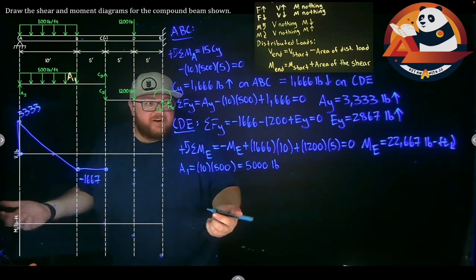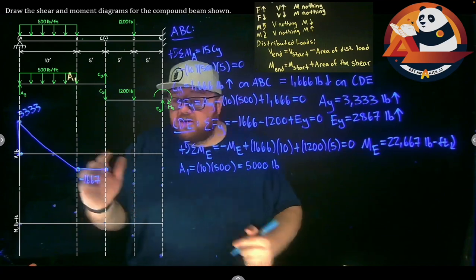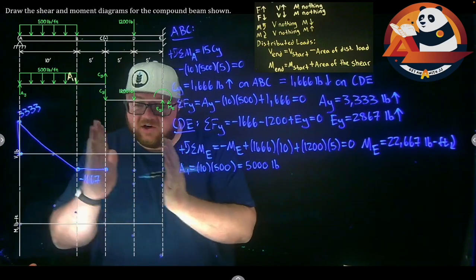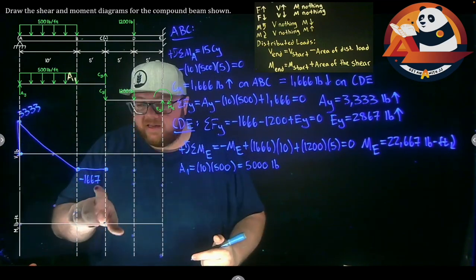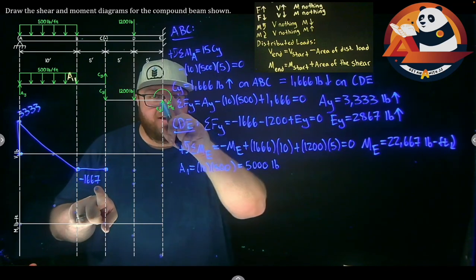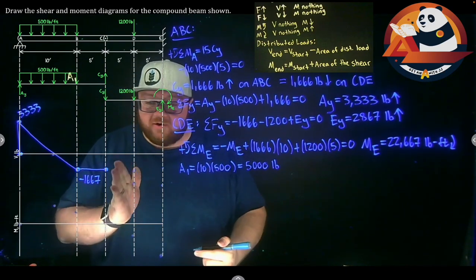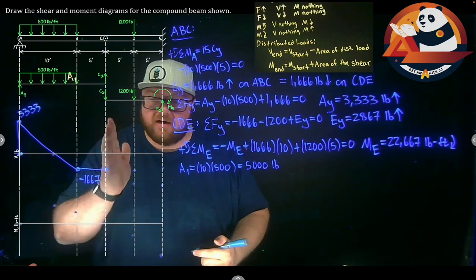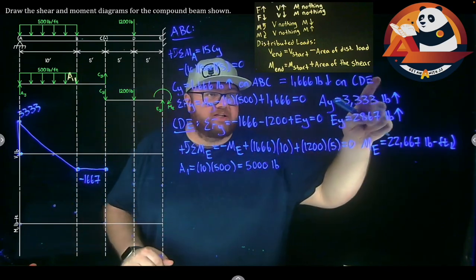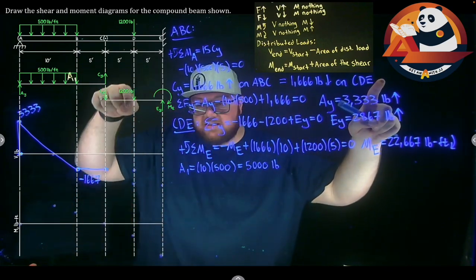We could think of this as two different ways. Technically, this should close it out. We could treat each half of this as its own little beam in here. Negative 1667 plus CY would get us to 0. And then we're immediately starting a new beam from C to E. And we start with CY 1667 going straight back